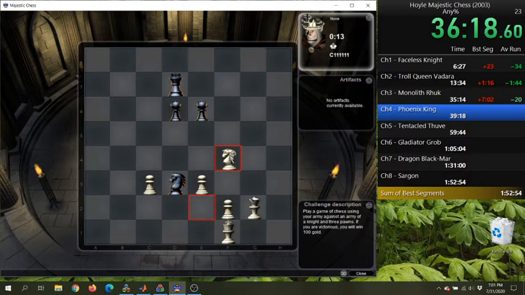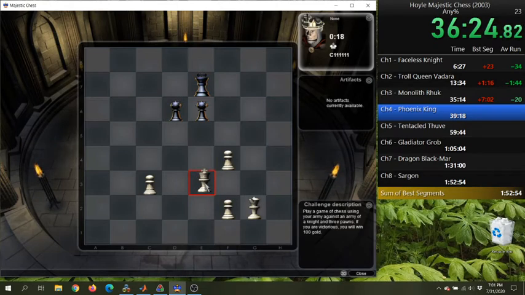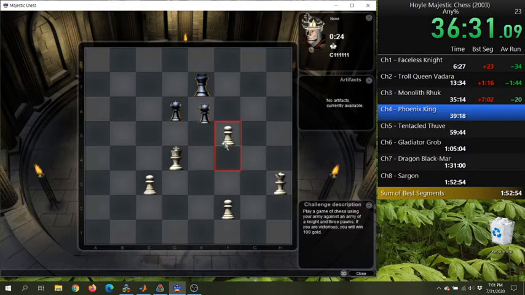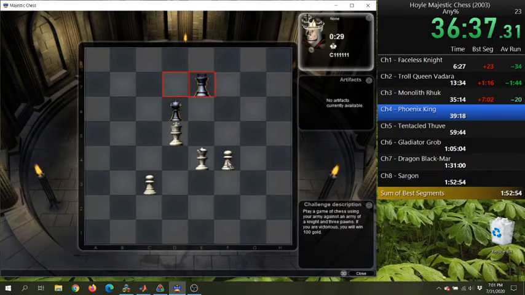That knight can be incredibly frustrating, so I'm very glad that I just kind of tricked it into trading early. That's wonderful.